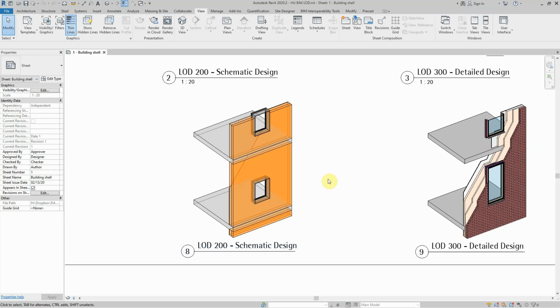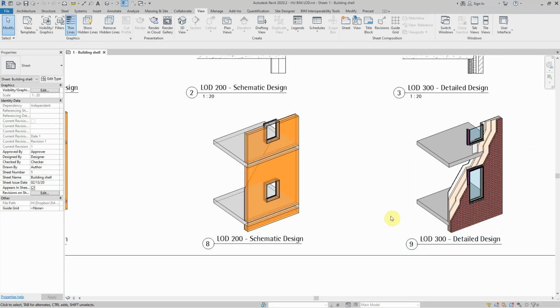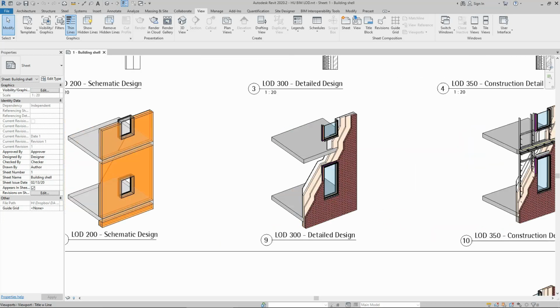At this stage, we are also developing all the internal layouts, so we are able to give further information to our client, planners and the quantity surveyors on the internal layout or the general arrangement plans of the building. At this stage, we are able to confirm to the client that his brief is being met. He's got all the functions that he requires included in the building, as well as being designed to the area that he required. From schematic design, we move to detail design.